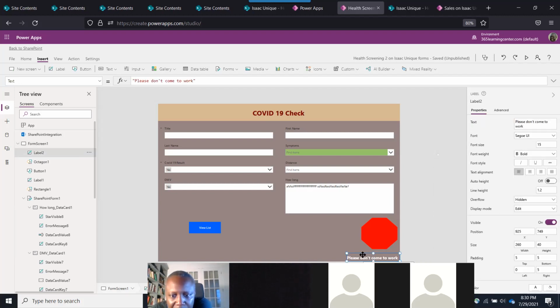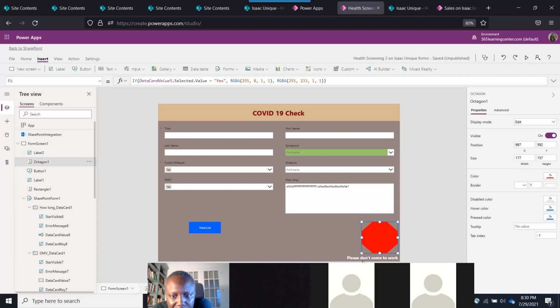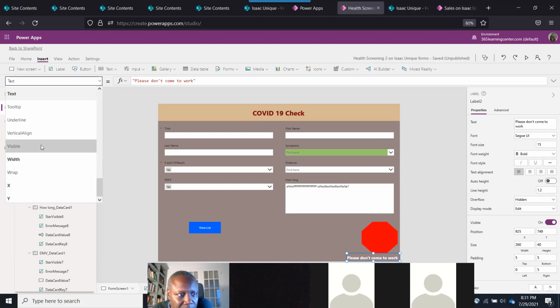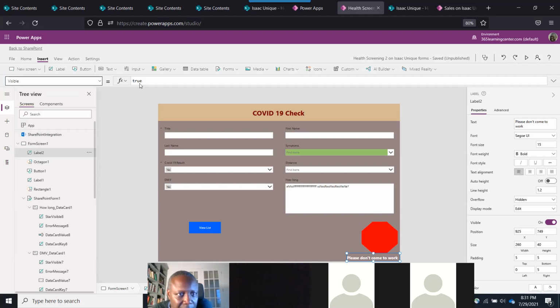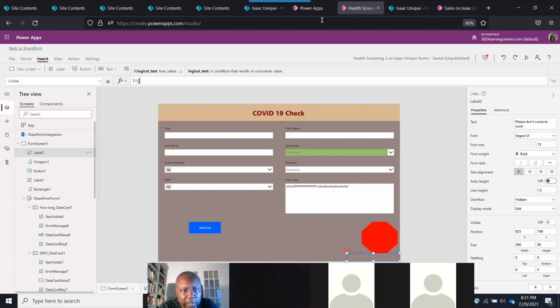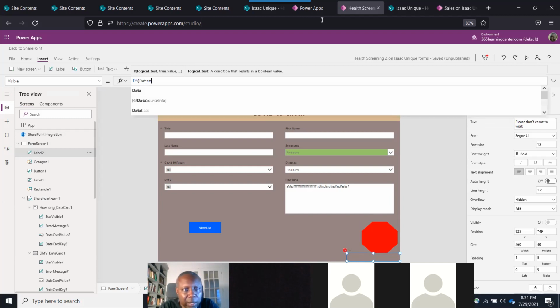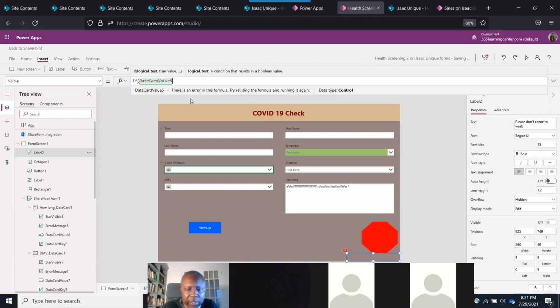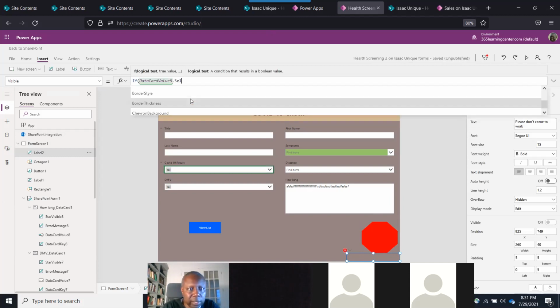Now I need to come here as well. I need to do the same thing, but this time I'm going to go to visible. So I'm going to say if data card value, I think it was 5, right? Data card value 5 dot selected